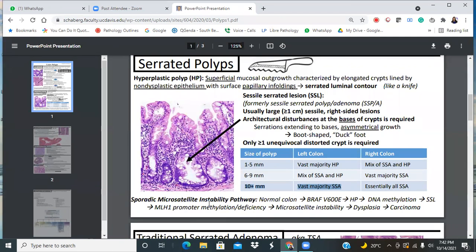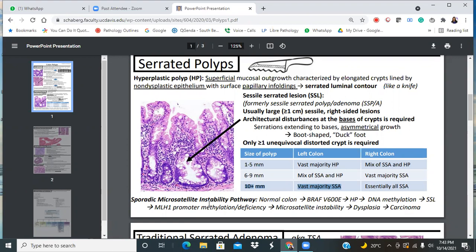Just wanted to tell you something. You have to memorize this table, okay? If you end up in GI, this is how you're going to live. 5 millimeter and 10 millimeter. At 5 millimeters and below, it could be HP, or it could be SSA in the right colon. Anything above 5 millimeters with some serration, I blindly call it HP, okay? I don't even sweat on it. A lot of people may disagree, but I don't. I would rather have the patient come back than not. But it does not mean that you cannot see HPs in the right colon.